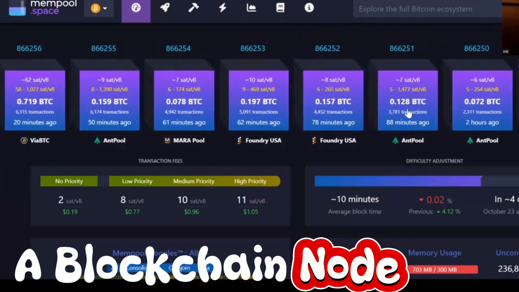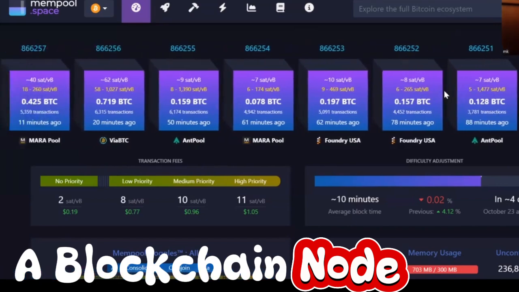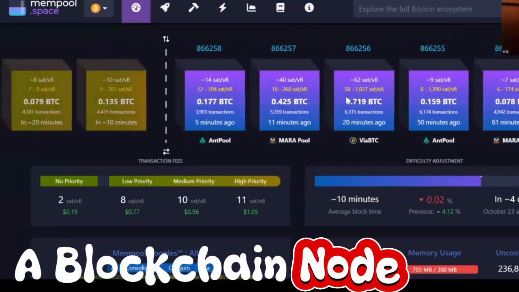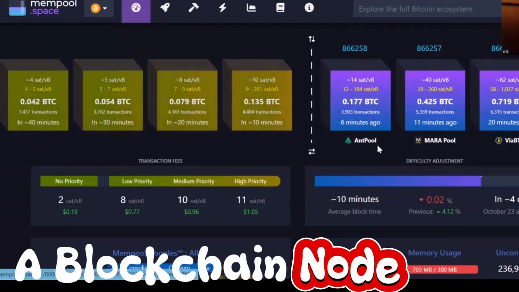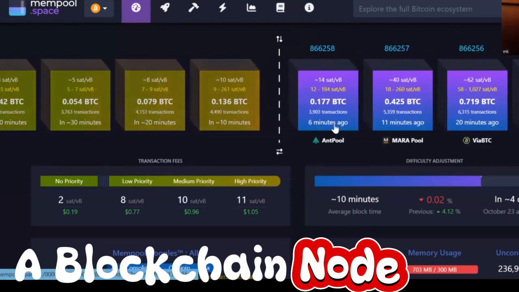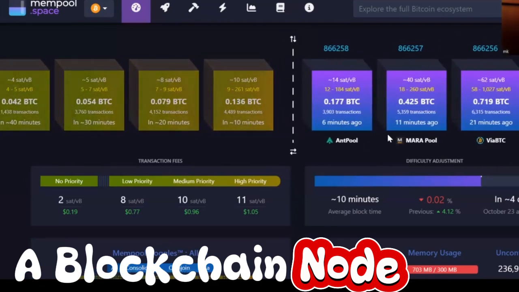Because if your transaction is over here, and someone with malicious intent wanted to reverse it, they would not only have to reverse this block, they would have to reverse this one and this one and this one and this one, all of these blocks, in order to create a new history of transactions and put whatever transaction they want in there. It's pretty impossible in Bitcoin on the base chain, which we're looking at right now,